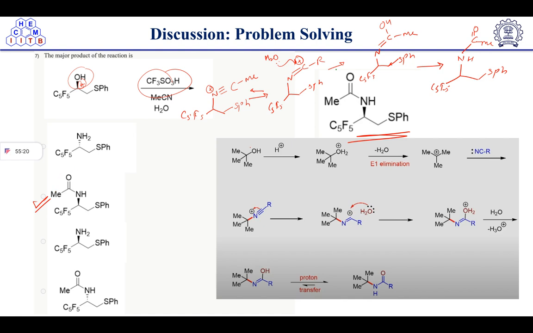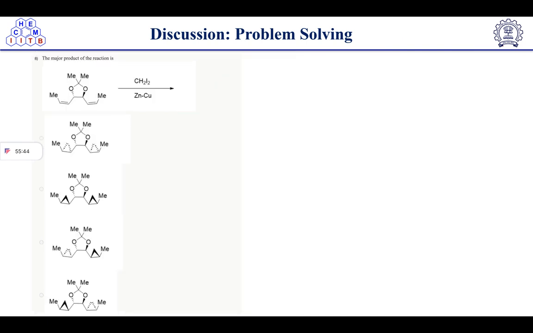And listen here, because after the carbocation formation, the attack can happen from both the sides. So the retention of stereochemistry will not be there. So that's why we are getting this as a product. Stereochemistry will get destroyed because ion elimination is taking place. So the carbocation is not giving the correct stereochemistry.